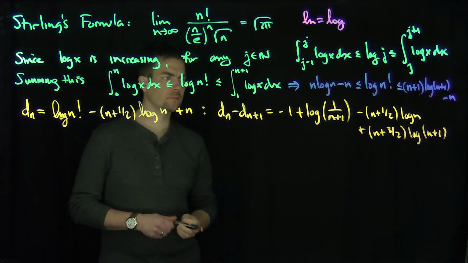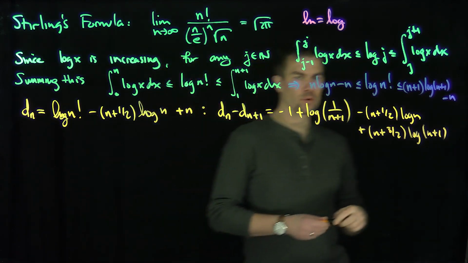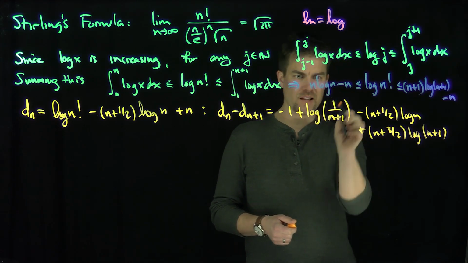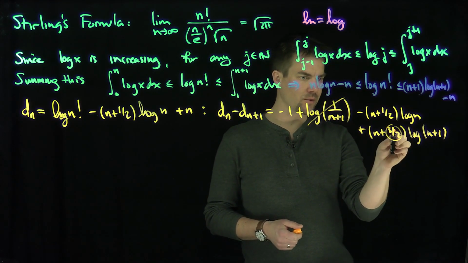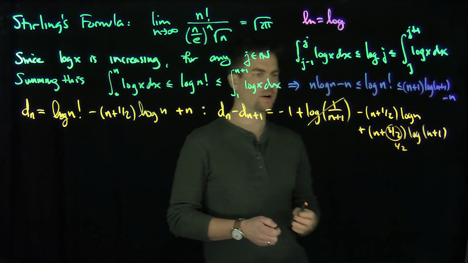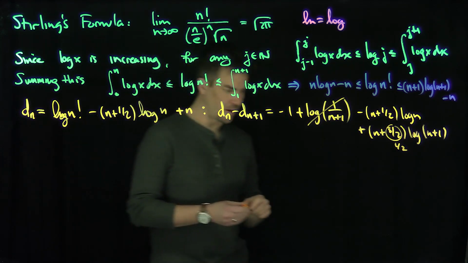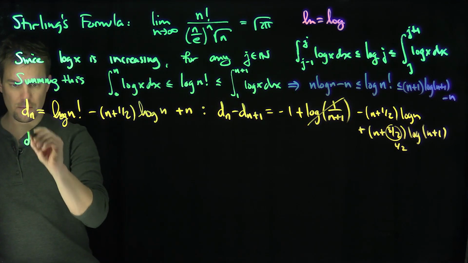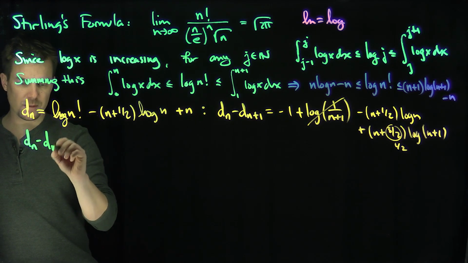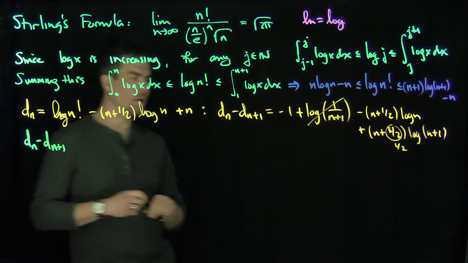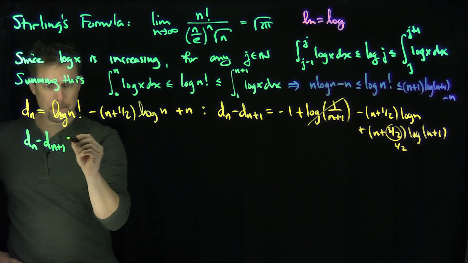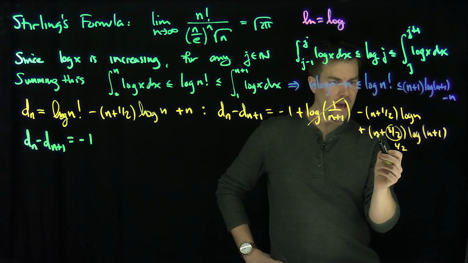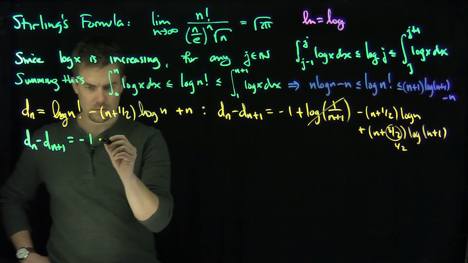Okay? So let's see over here. What I'll do is I will sacrifice one of these log (n plus 1)s, and that will eliminate one of these things, so that will turn this back into a 1/2 over here. And so what we've just shown is the following. Hence we have d_n minus d_(n+1) is going to be negative 1, and then what's left over is going to be (n plus 1/2) times log of (n plus 1)